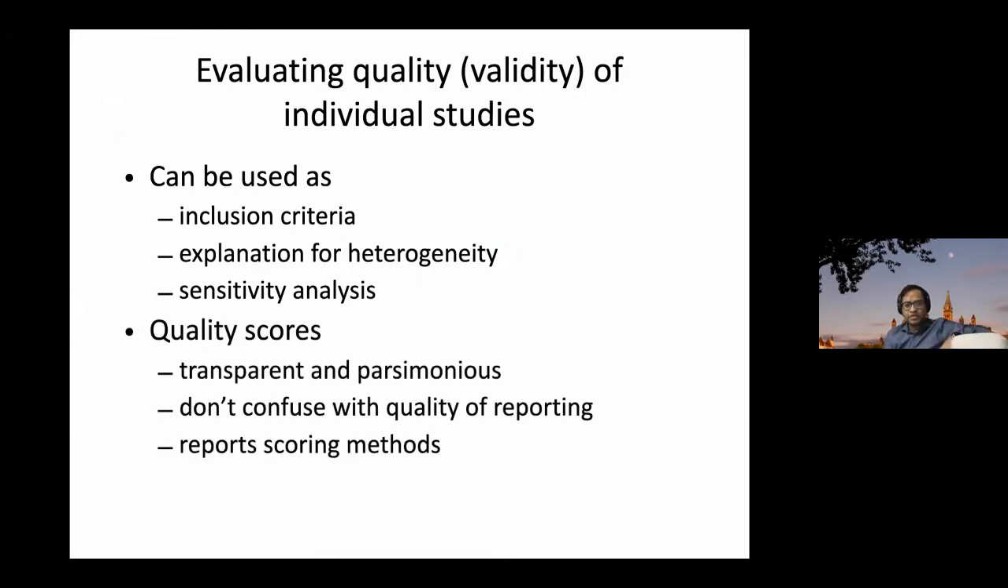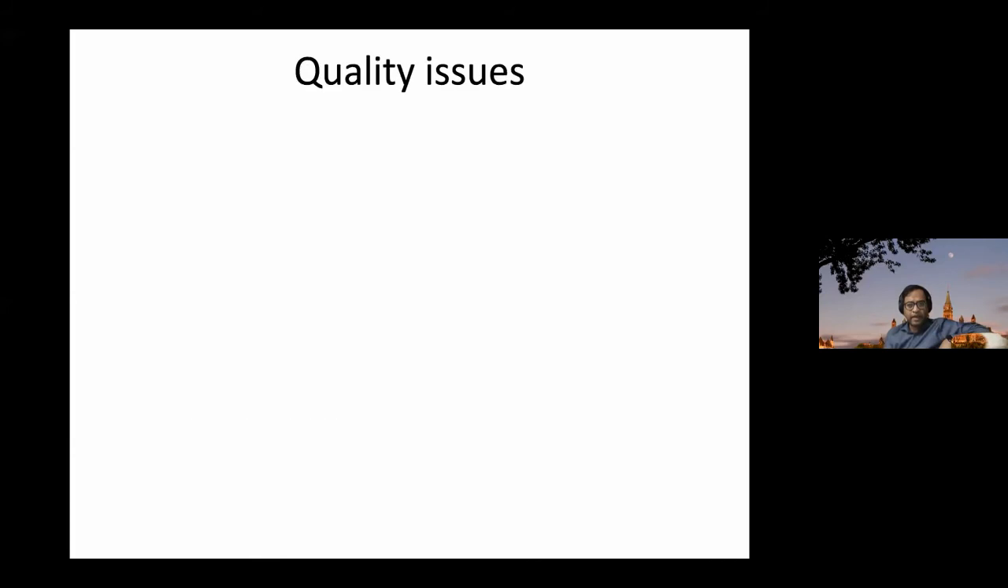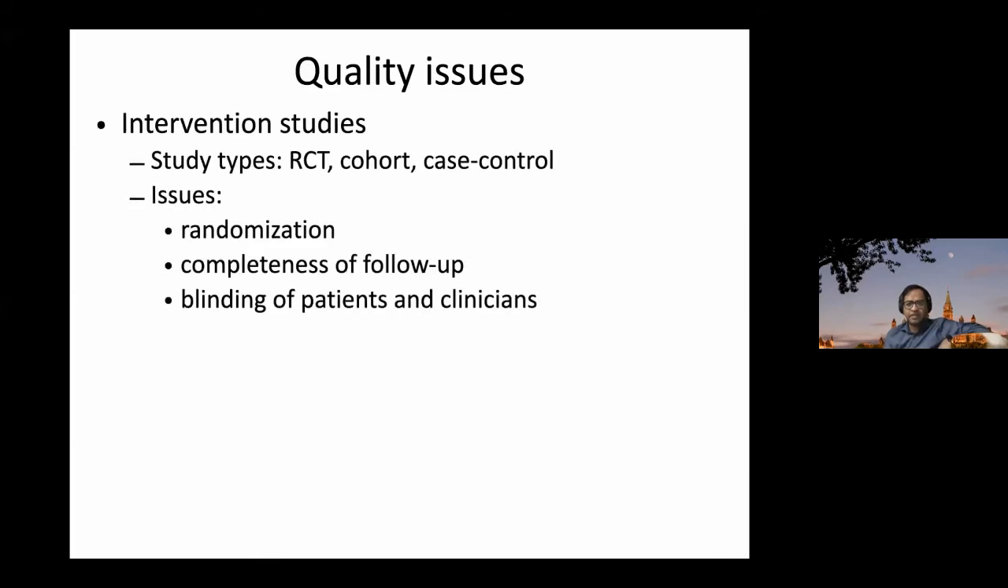And quality scores are different than quality of reporting. And there are certain quality scores and scoring methods. So they have to be very transparent when you're doing them. So issues with quality, for example,